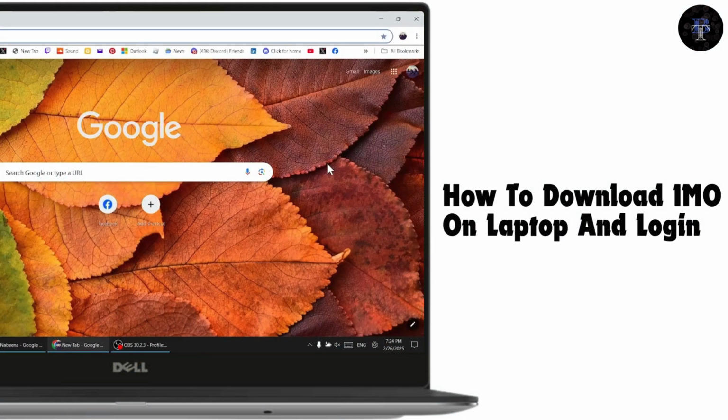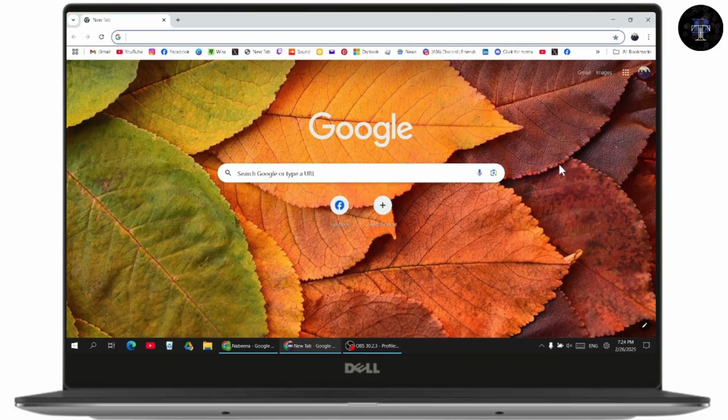How to download IMO on laptop and login. So if you want to download IMO on laptop and login, then what you need to do is you just